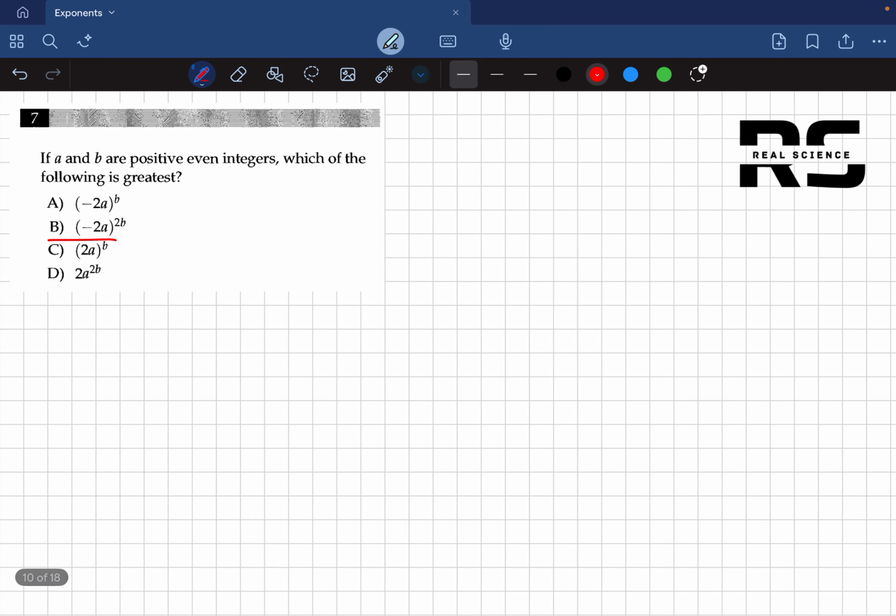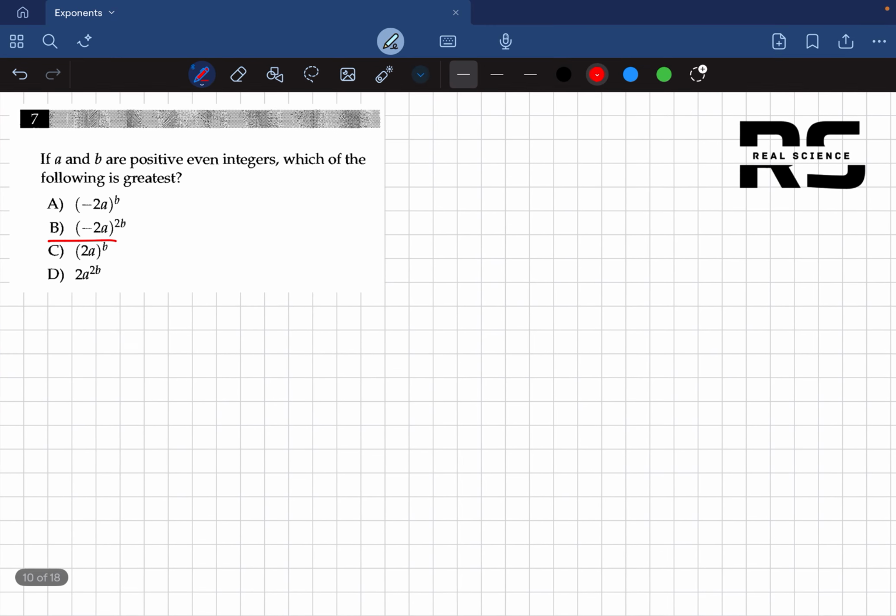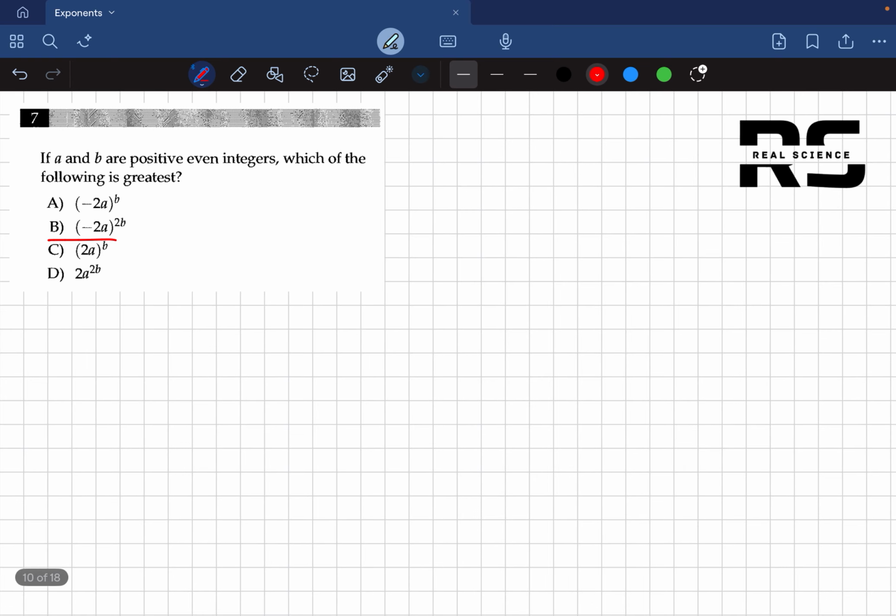Let's look at number 7. If a and b are positive even integers, which of the following is greatest? Okay, well, that's an interesting question. So, a and b are both positive, so a is more than 0, and b is more than 0 as well. So let's rewrite each of them. A is basically minus 2a to the power of b. And if we consider that b might be